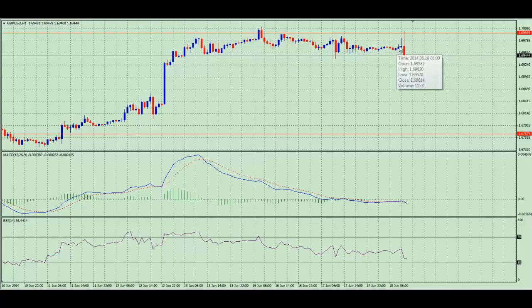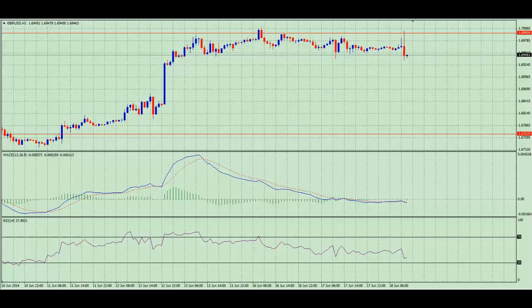So what happened? Price pushed up, then the news came out, so it was buy the rumor, sell the news. Rumor pushed the price all the way up to the 1.70. And then news came out, and it was pretty much the same as to be expected. There was no real change. It was the same as what was forecasted, and then price has fallen,